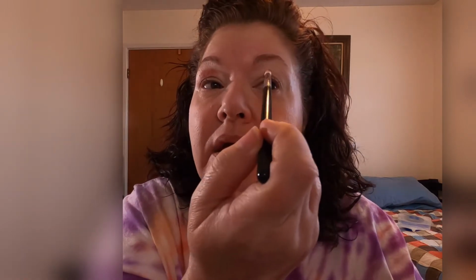Now, I'm not worried too much about blending right now, because I'm just worried about where I want to place it. Not about blending. Just placing it on the eye. And it's not going to be perfect. It doesn't have to be perfect. And I'm going to tell you that I have learned with this, this is better with goat hair brushes. These are some brushes that